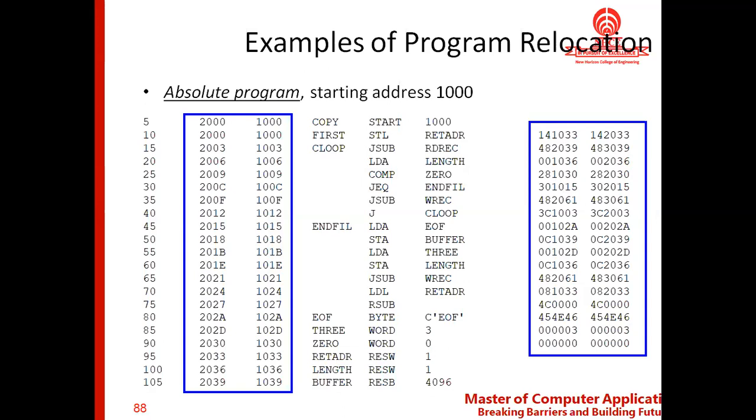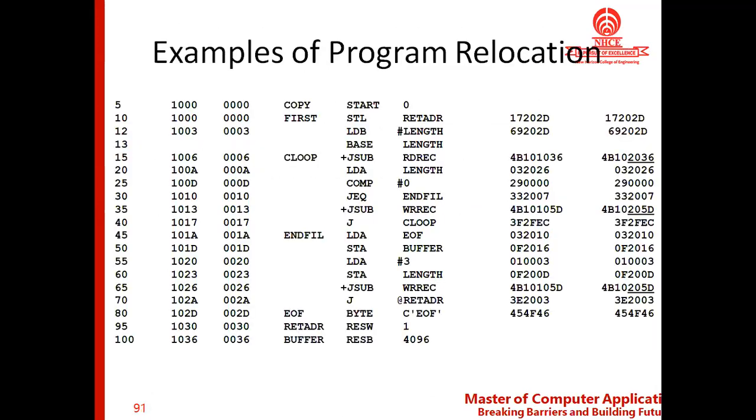Now, if you take the SAC machine, there are a lot of places where we need to do modifications, where we can find changes in the object code. So the object code has to be changed accordingly if the starting address of the program changes. In SAC, that is more, whereas in SAC XC, that is less. Only in very few places do the changes need to be done.